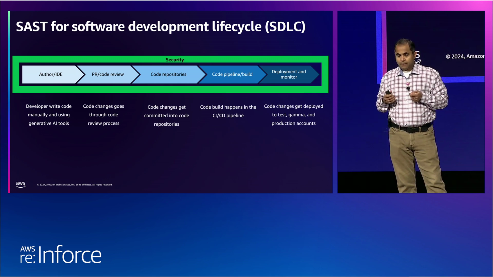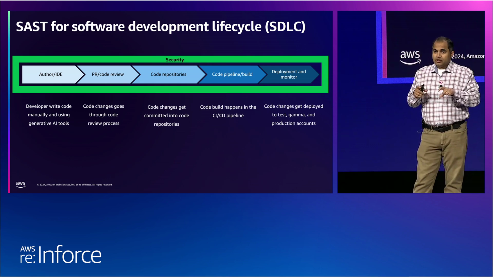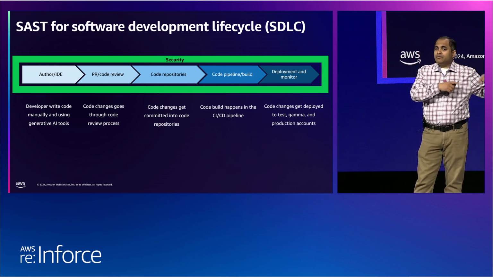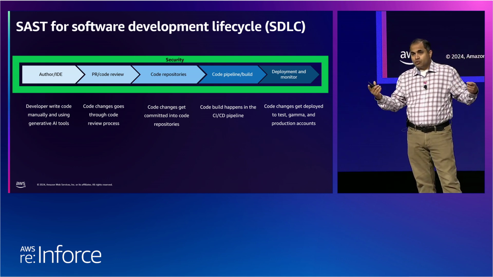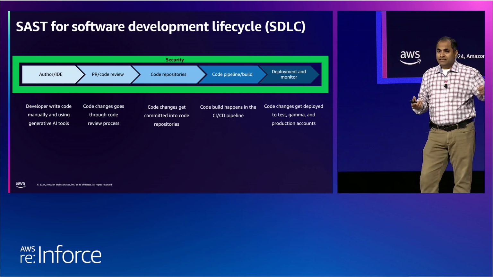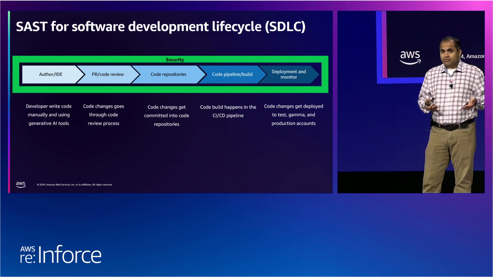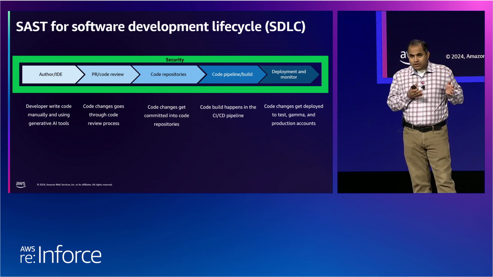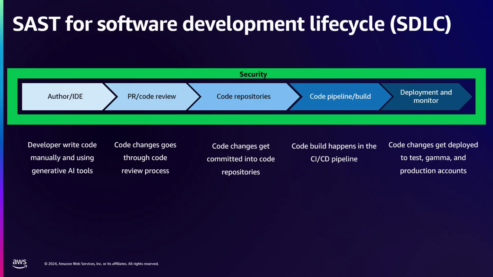You have that flexibility. But when developers want to fix that issue, they have to go back to their IDE and make the code changes. And now it becomes difficult if they have to come back to their code review process to verify whether their fix is working or not. So having a code scanner within the IDE helps developers write the code, verify their code does not have vulnerabilities, and then once they are sure, they can send the code review. This saves a lot of time for the developers. Similarly, for the code repositories and the production application,